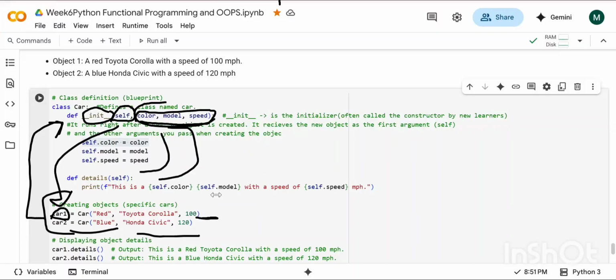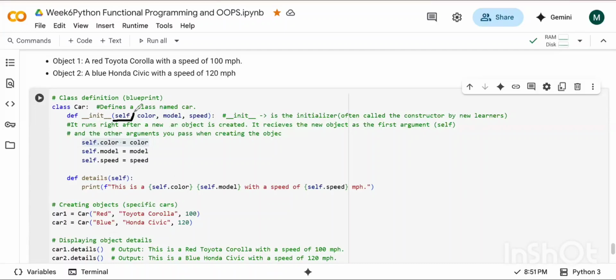These are the features. Self is the name with which I am indicating my objects to my class. Self is like a nickname for my objects over here. With the help of self only, I am getting these properties for my objects from the class.